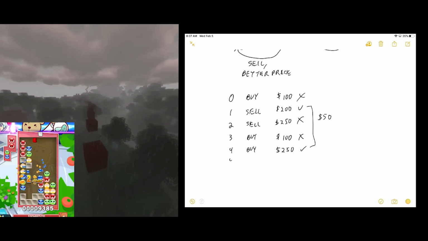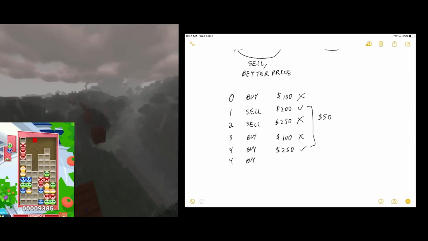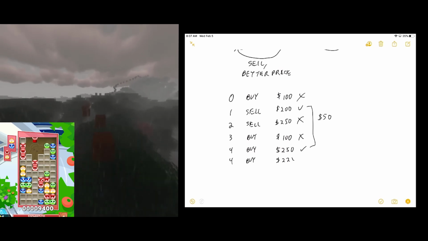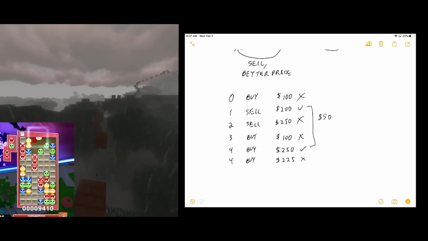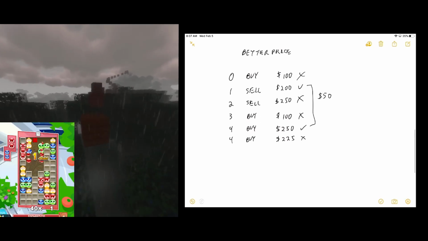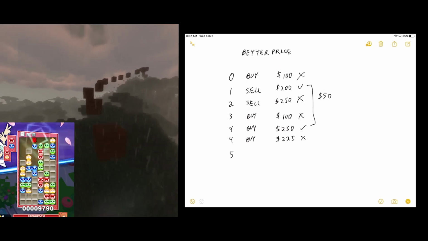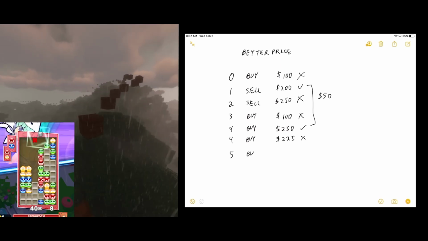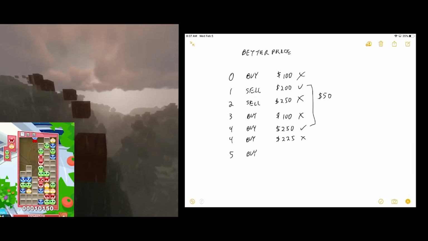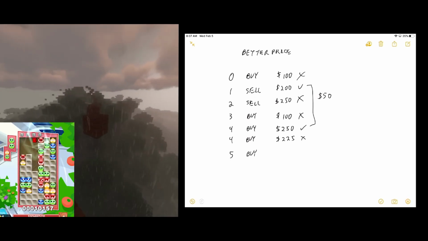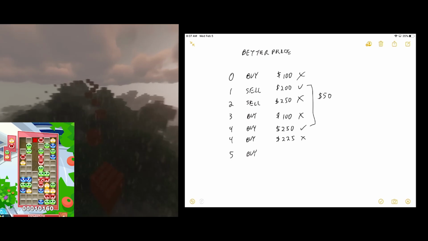Someone says, I'm willing to buy that stock for $225. Well, that's a worse profit. I don't care about that order. I just ignore it. Time 5, someone says, I'm willing to buy this stock. We're pretending these are all the same stock number. I didn't want to write it 10 times. I'm willing to buy this stock for